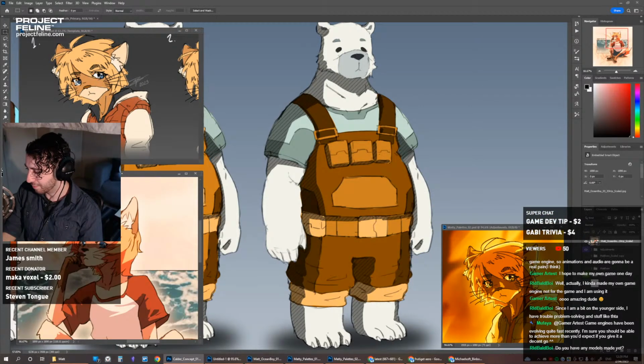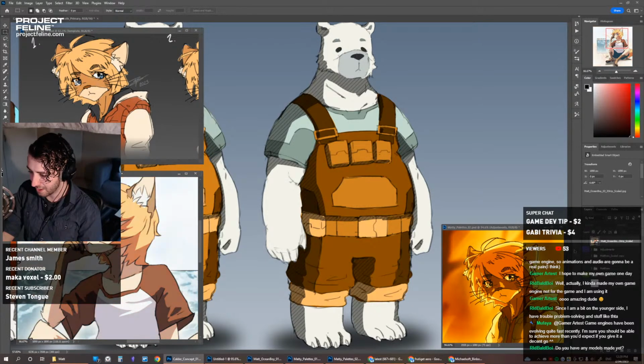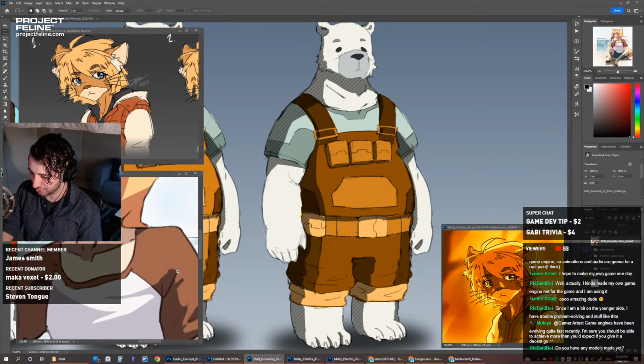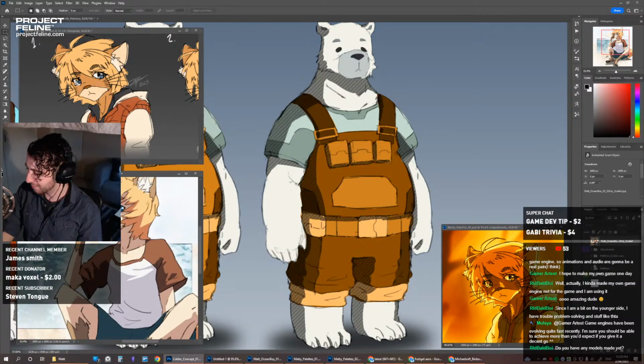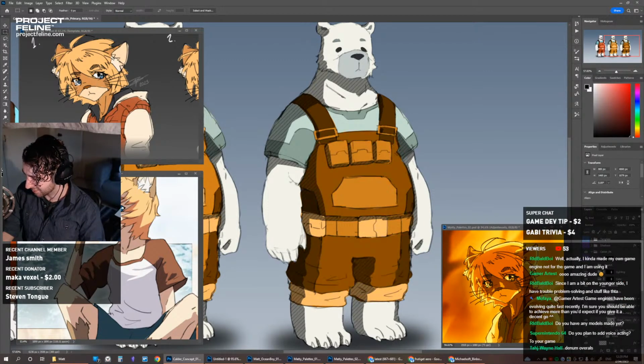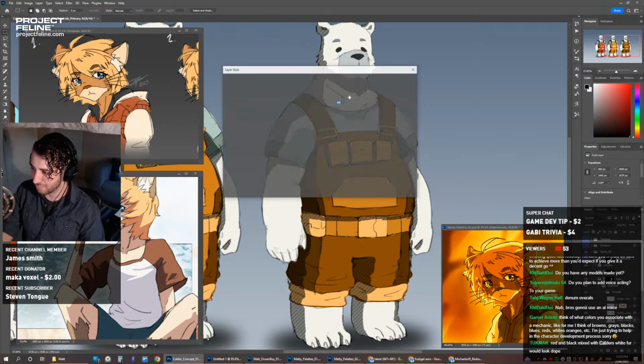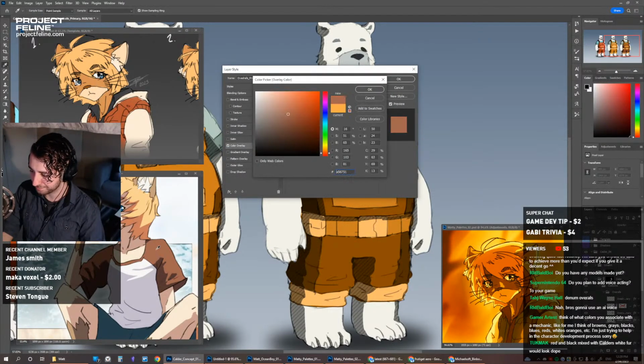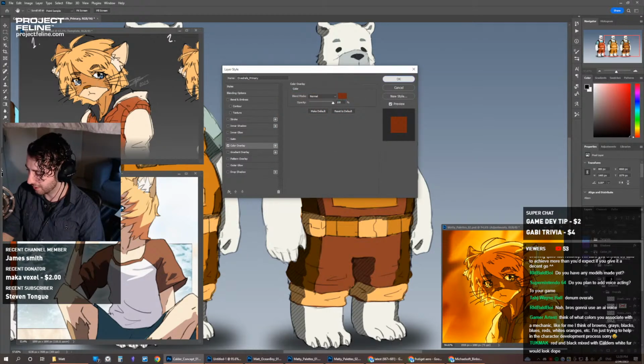But I brought this character up because I was actually color picking from a kookaburra to color this guy. Oh yeah, so it's the adjustment layer that makes it look red. I had a warm filter on it. Okay, let's do it without the filter over it. I thought it was more brown, and it's because it was. I just had a warming filter that made it look more orange. So this is more what I was thinking. It's got a bit more red in it, so we'll try that out.